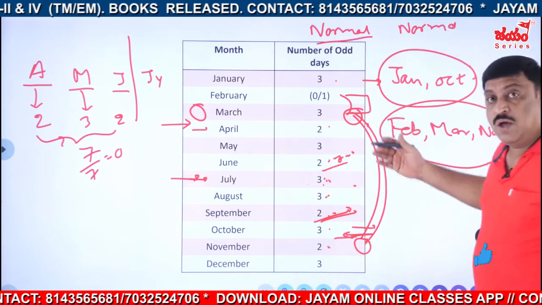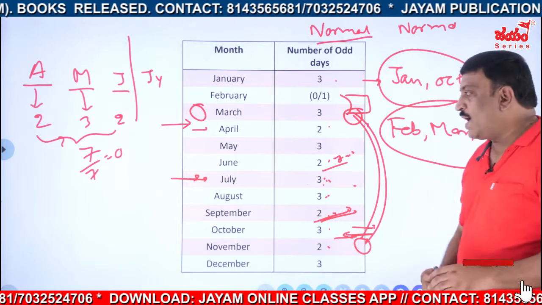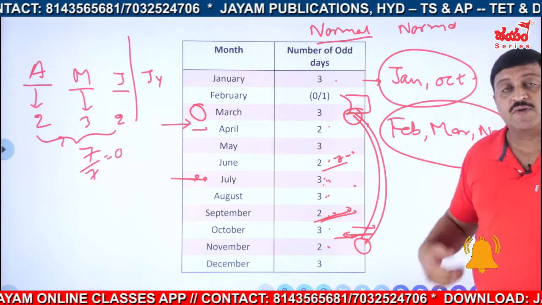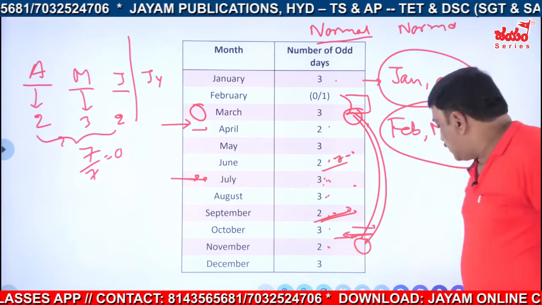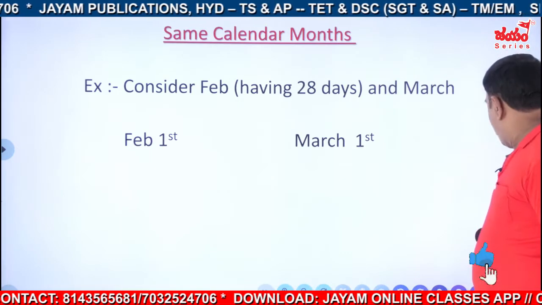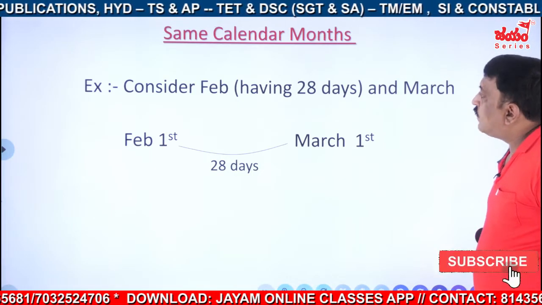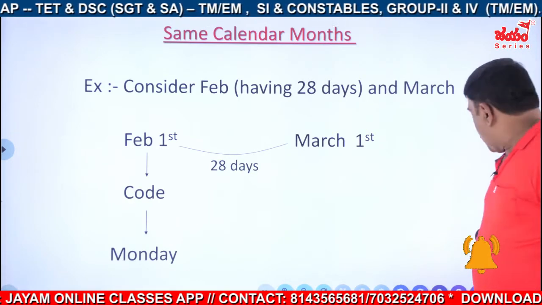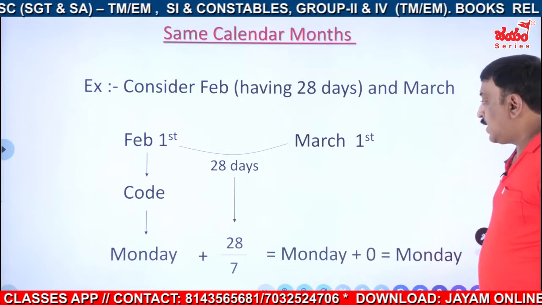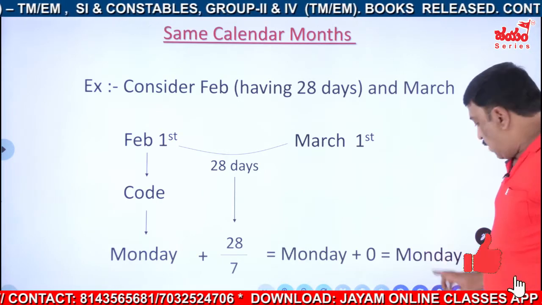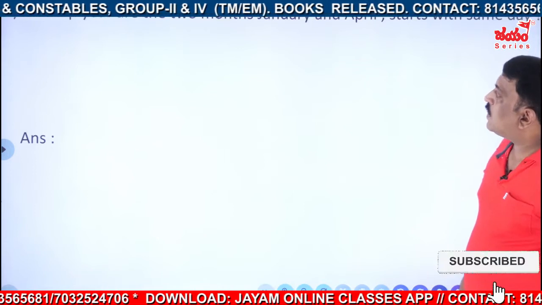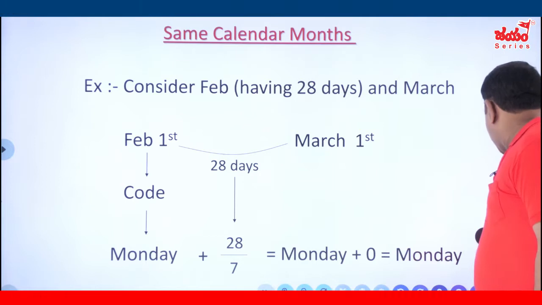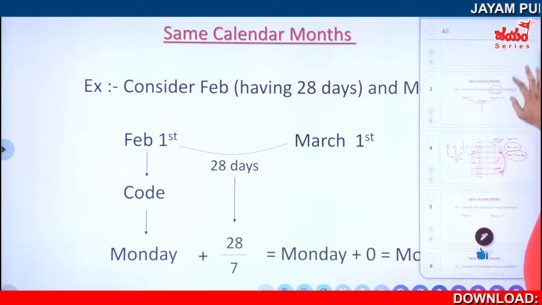Okay. So in this way, you try all the combinations and you will definitely get the thing. What is that one? You make a table, or else I'll show you that one. You see this one. So we have taken this. Yes, 28 days, February 1st to March 1st, 28 days. Is it not? And we have seen that if it is a Monday, it is Monday again, is it not? Then just a small division, right? In a leap year or the 2 months, okay. So here we will see, let me show you some.